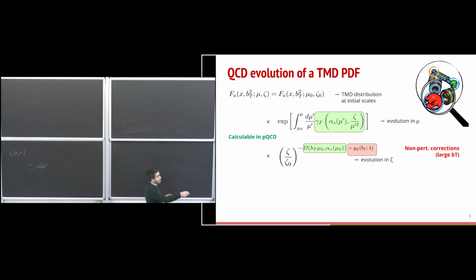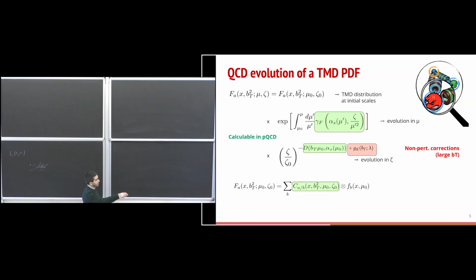because of the structure of these functions, in particular of the D anomalous dimension, there are also non-perturbative corrections to this evolution. These are functions that cannot be calculated in perturbation theory. The reason is that alpha strong becomes too large for the perturbative calculation to converge. This is not the only non-perturbative correction in the game, because the